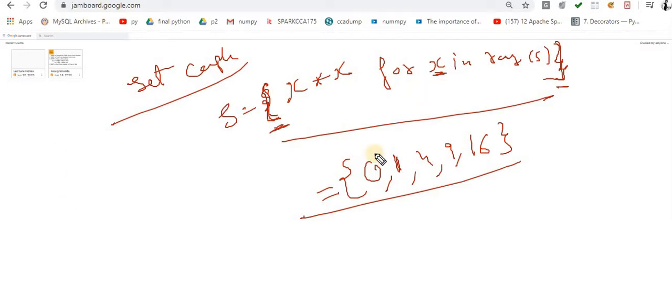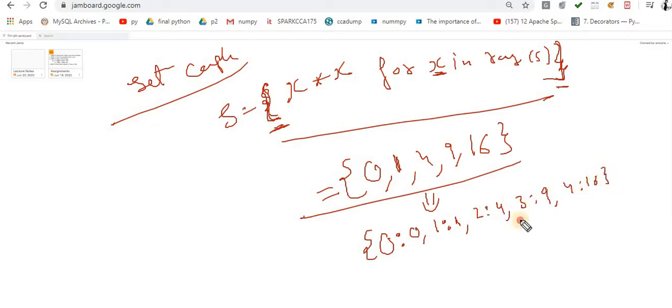I am writing once again the same thing that you want to represent in the dictionary. This is the set output, and now you want the dictionary output: for 0 into 0, 0, 1 into 1, 1, 2 into 2, 4, 3 into 3, 9, 4 into 4, 16. Now you want this output.